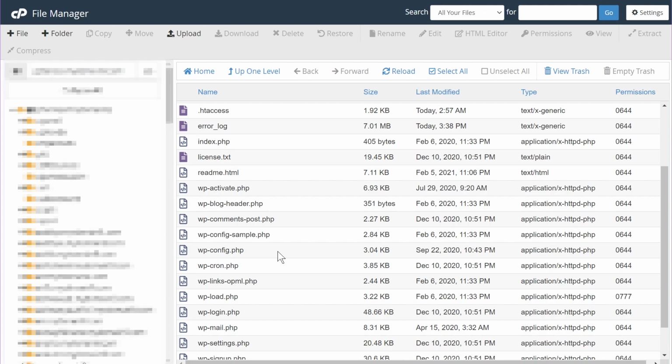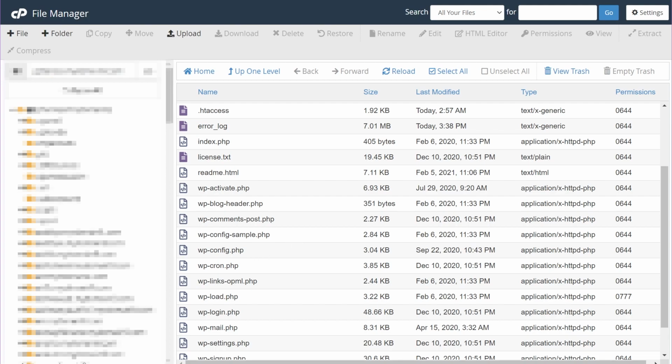In that case, download it to your computer, add the line of code, save the file, and re-upload the file using the upload options we can see probably somewhere here. Also, make sure to replace the original file so that the changes are actually uploaded on the server. Let me show you how to edit the file.